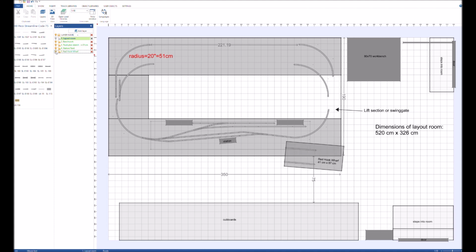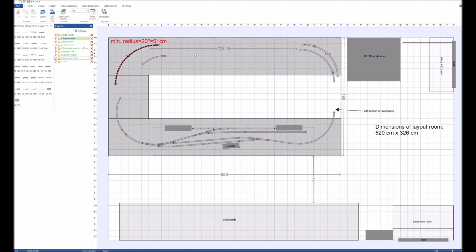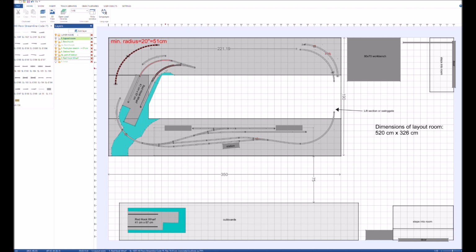And then we have Red Hook Wharf. I wasn't quite sure where to place it. Alright, so here is my first thought about the placement of Red Hook Wharf. One possibility would be like this, to place it all the way on the left hand side under a bit of an angle, and then that would allow me to model access to 2 tracks on either side